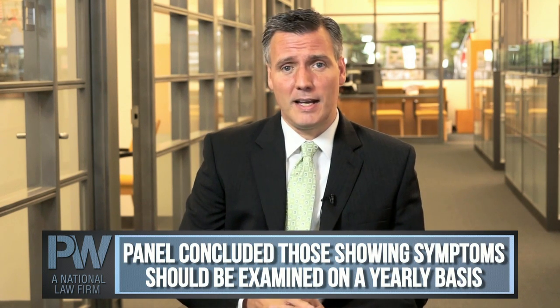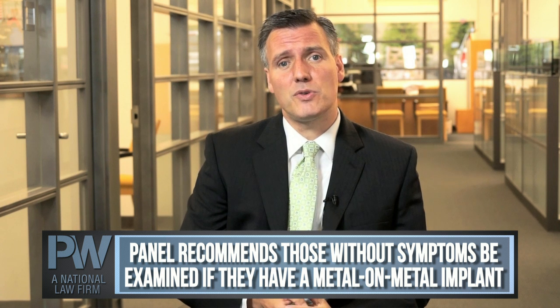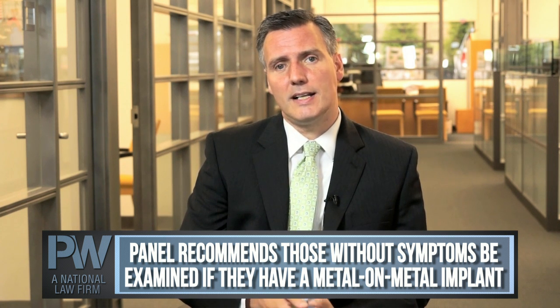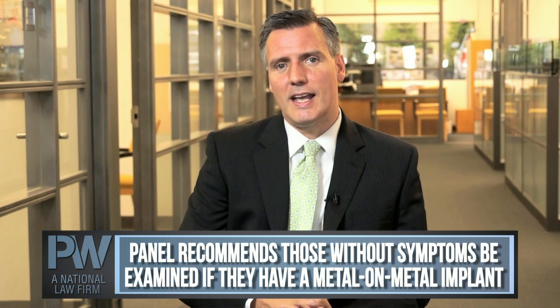Even if you're asymptomatic, meaning you haven't had any symptoms yet, if you've received this type of implant, the FDA recommends that you undergo x-rays on at least a yearly basis to make sure the implant is stable and not causing you any problems. In fact, one of the members of the panel of the FDA actually called into question whether or not it made sense for these type of implants to be used at all, given the risks that are associated with them. So if you have any questions concerning your hip implant, having any problems with them,